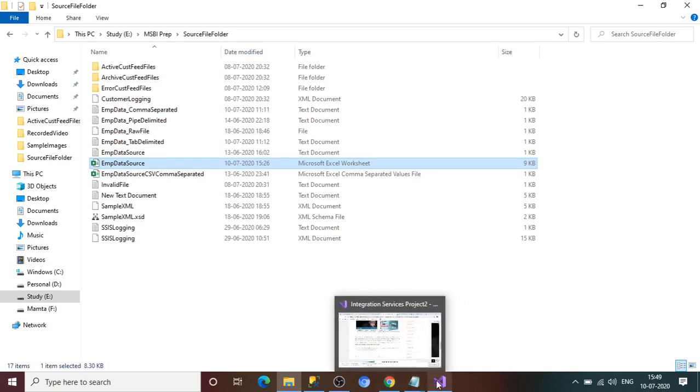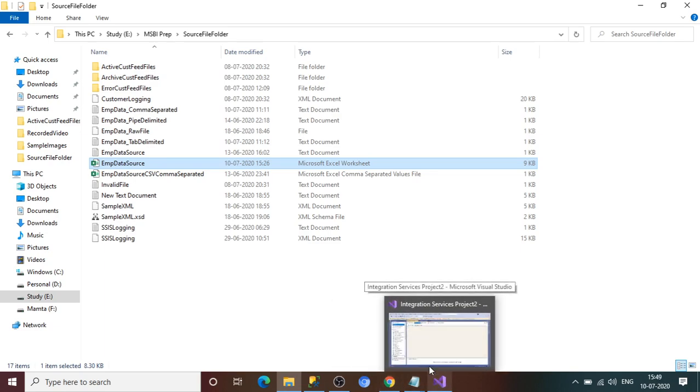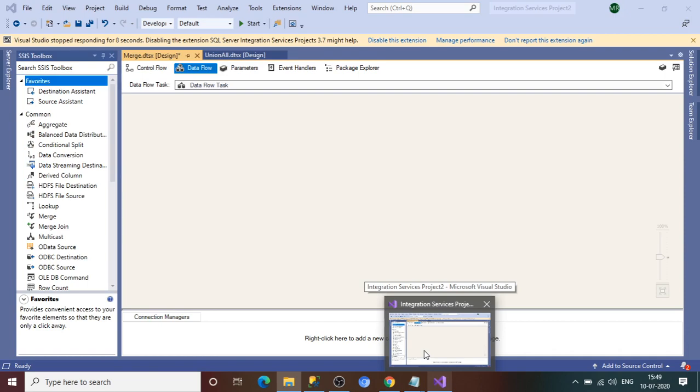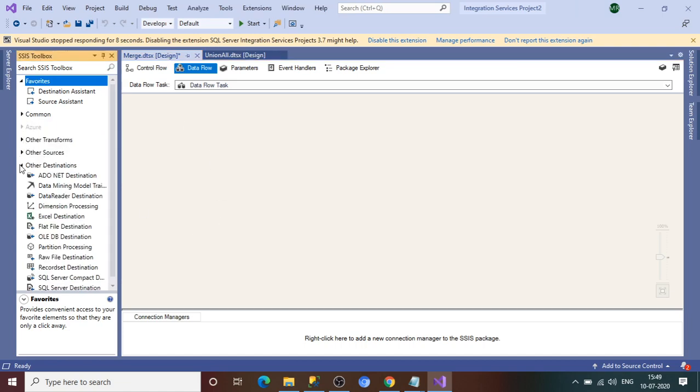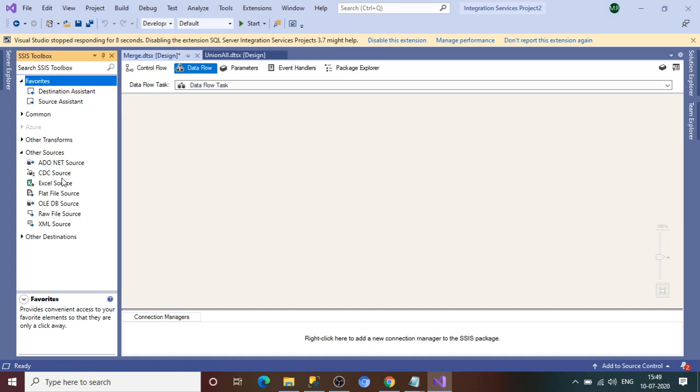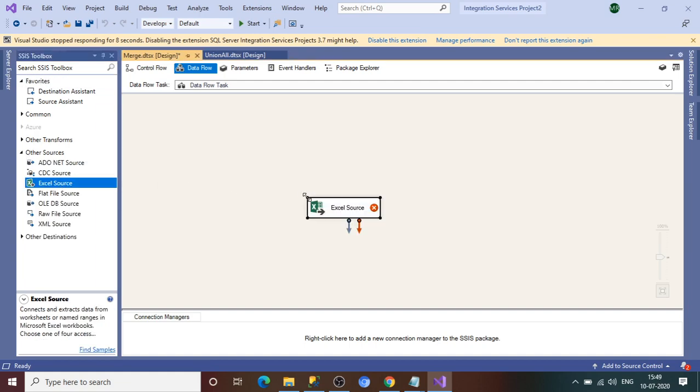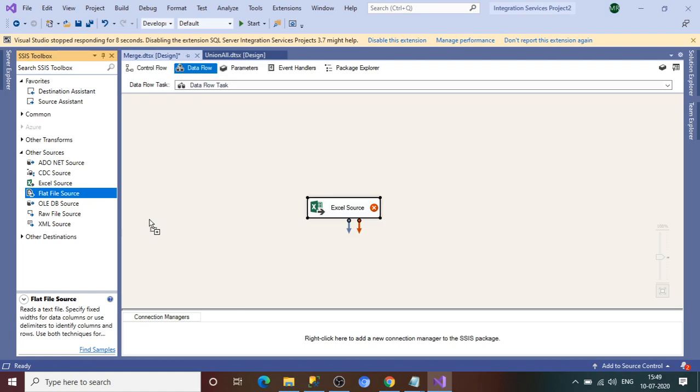For XML I need to use the data conversion, which is fine. In the data source we need to select the data source first. Here, one is the Excel source and one is the flat file source.